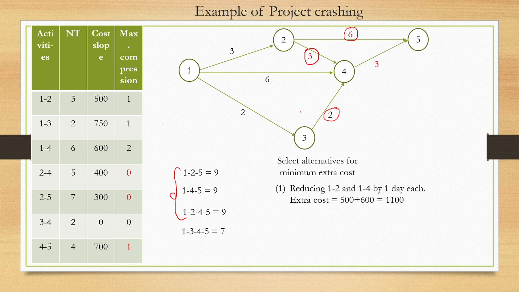Okay, so other option is we can reduce this one by 1 day, and we can reduce this one by 1 day, right? So the other option is reducing 1 to 2 and 4 to 5 by 1 day each. What will be the extra cost? So 1 to 2 is 500, and 4 to 5 is 700. So total extra cost is 1200. Is there any other alternatives? No, there are no other alternatives, right? Okay, so in these two alternatives we will need to select the one which has the lesser extra cost. So this one. Okay, so our